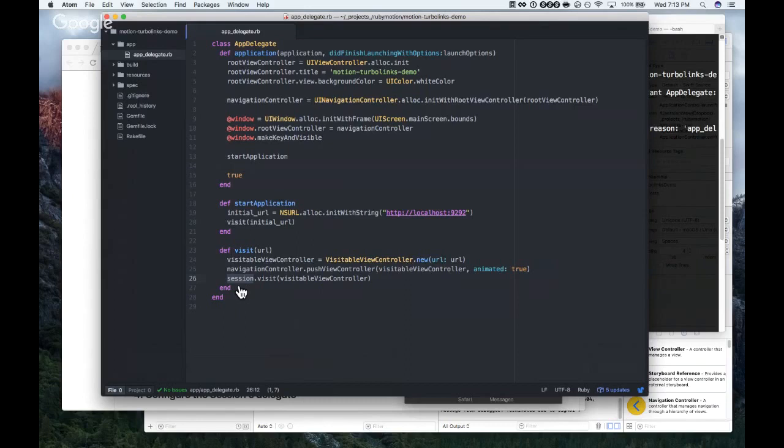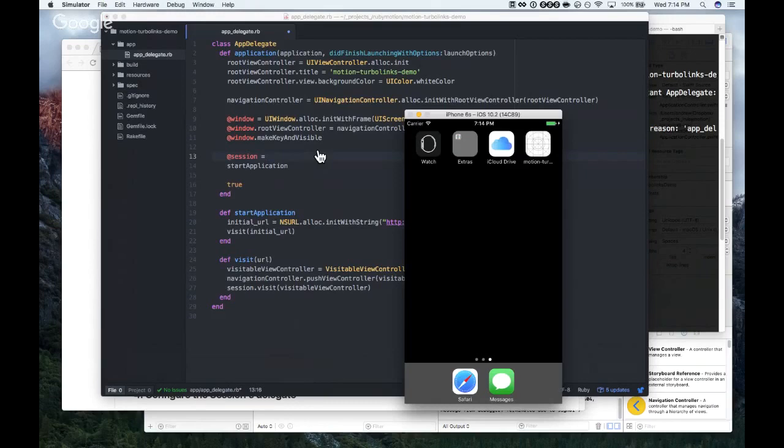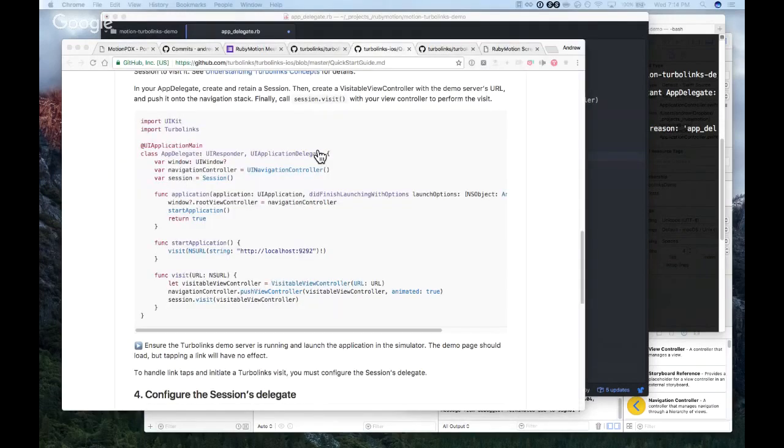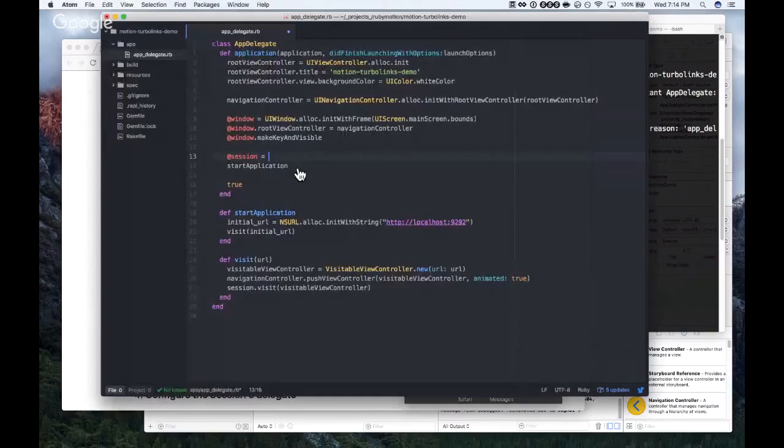One way would be to initialize a session object here in finish launching. It's called session. That's it. Yeah, it was just a session, so it's another class as well. I think I would prefer this to be namespaced under its own module. TurboLinks session.